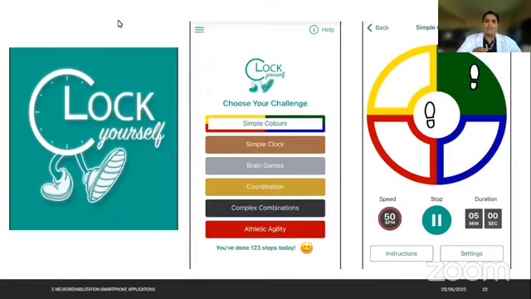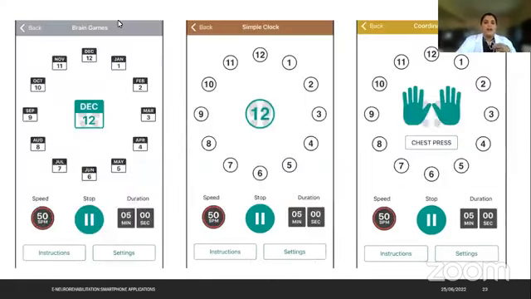Now all of you know Frenkel's exercise. All of you know how we improve coordination. There we initially draw footprints for the patient. In the same way, in this app, the exercises are based on a clock face. So a patient has to visualize a clock face. If you see the center one, that is a simple clock. The patient has to visualize a simple clock face on the floor and then start exercising, like the patient is standing in the center.